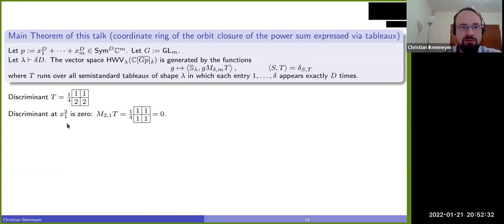So what happens if I evaluate at the power sum? Well, I evaluate M21T. So this is my tableau T. And I'm now mapping all the ones and all the twos to 1, right? But this tableau is certainly going to be 0. So this means that this function is going to be 0 on the x1 squared. And I can also do this for, it actually follows that the function vanishes on the whole border rank 1, because you can take any G. An action of G is not going to change 0 to anything else, right? So therefore, this all vanishes on border rank 1.